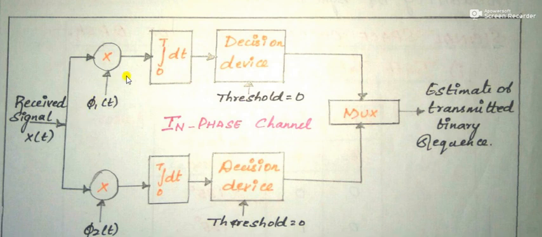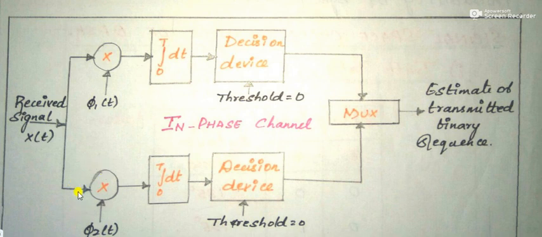The odd bit stream is multiplied by phi 1(t). The output of the multiplier is integrated over a one bit period. The output of the integrator is then compared with the threshold device. If it exceeds the threshold value, the decision device takes the symbol 1. Likewise,